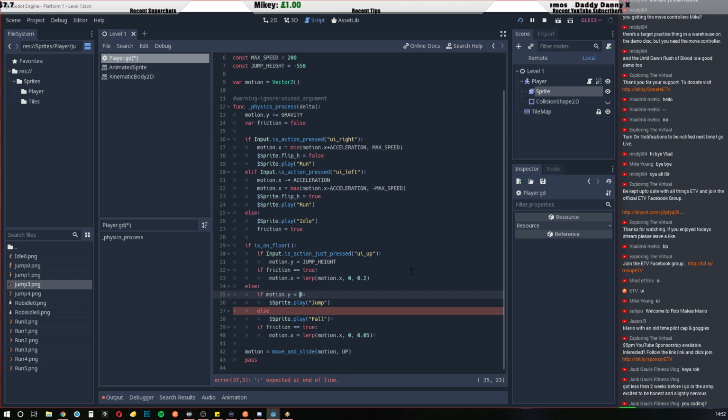So if it's less than 0, then it means you're moving upwards. So if motion along the y-axis is a negative number, it means you're actually moving upwards. Therefore, you want the sprite that shows you jumping up. Else, your